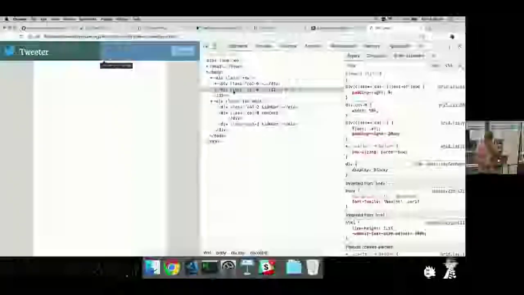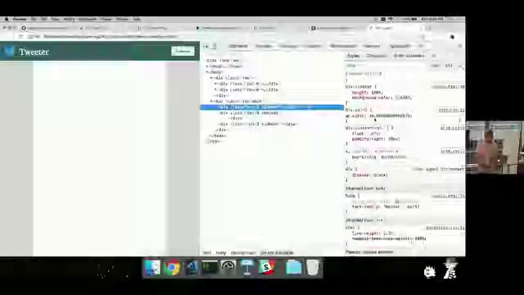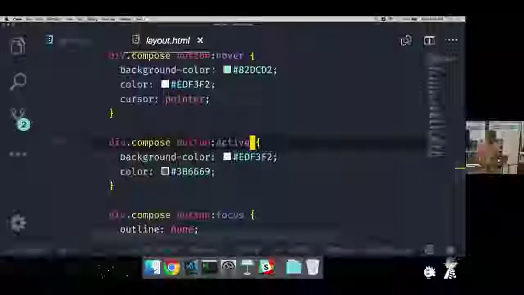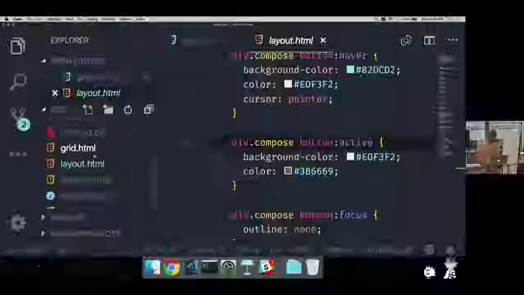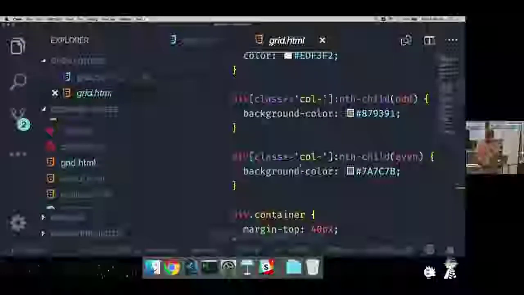Obviously, here we're getting that 16.6 repeated percent because that's how big a 2 is, right? So we can take that same idea and apply it to the layouts that we want to build. There's a little bit of CSS in there, nothing super special. Oh wait, I didn't go back and tell you about this other thing. My mistake. I promised we'd come back here and talk about this thing.